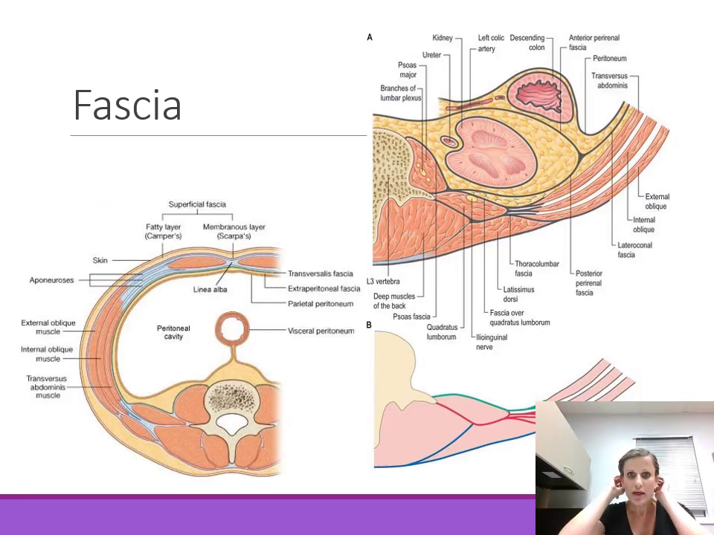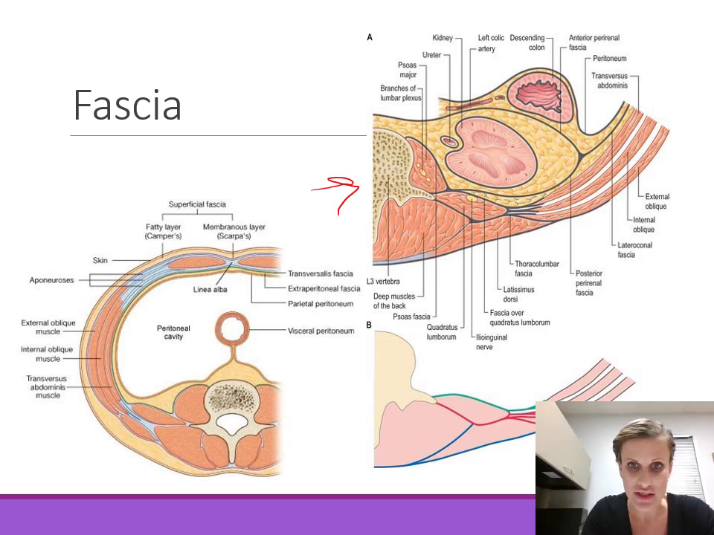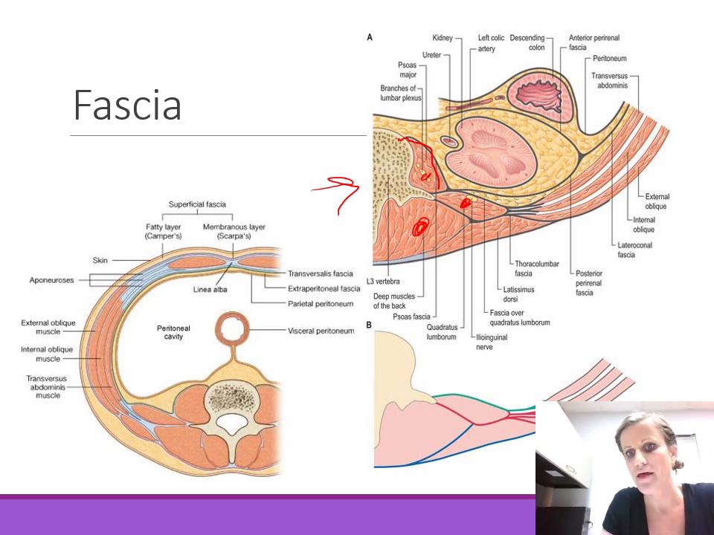Okay, so here we can see all of this. If you look at this picture right here, just to get your bearings with the muscles, you have the deep muscles of the back right here, the quadratus lumborum right here, and then anterior to that, the psoas major. So the psoas fascia you see is this dark blue line that covers the psoas major. And this is a good picture. This shows how that fascia